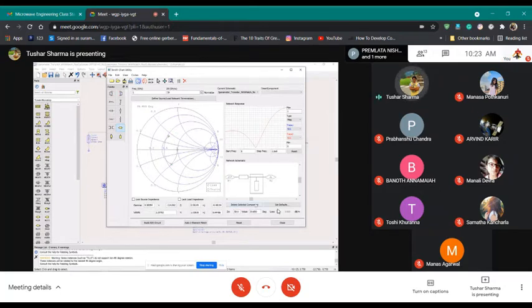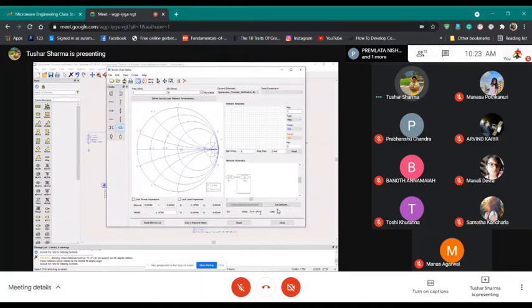Say I was at 50 ohms, and I take a transmission line and try to add it. Nothing will happen, because the transmission line is matched to this impedance. So basically no movement will happen, because I am already matched. I am moving on a constant VSWR circle with a very, very small radius.